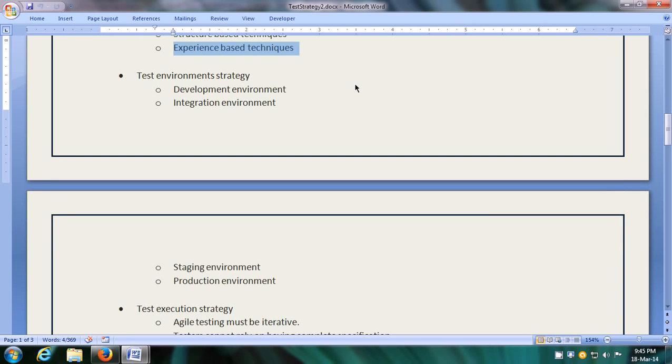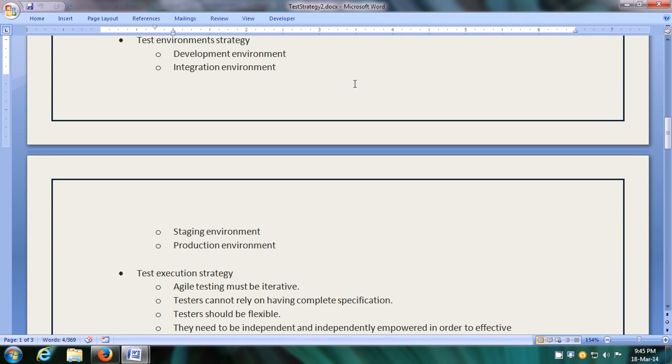Then the next section is the test environment strategy. Here you can specify all the different environments you will use in testing. So first is the development environment. The development environment, you can specify, will be used for unit testing, functional testing, and acceptance testing.